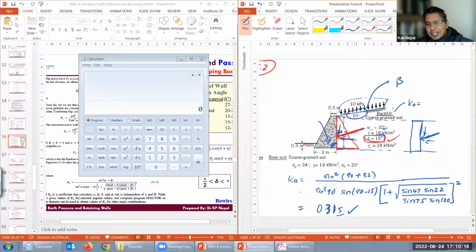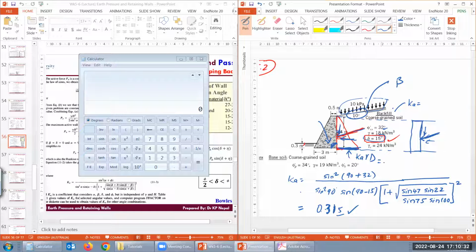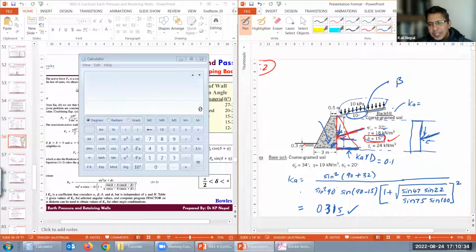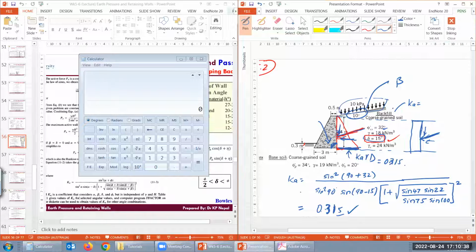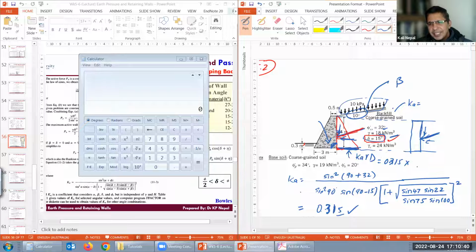So what is this? How much is that? Who can tell me? Actually, I need to draw parallel to that, but I'll just do it approximately. That is what? Ka gamma d, yeah, that value is Ka gamma d, this length. So now how much is it? Ka is 0.315 multiplied by gamma. How much is gamma? 18